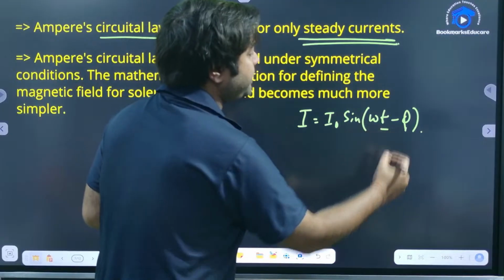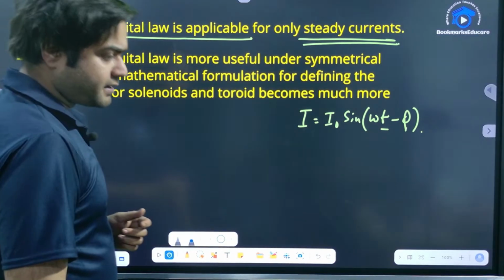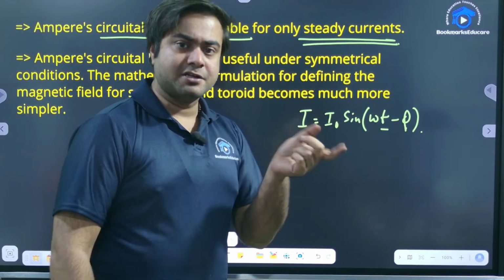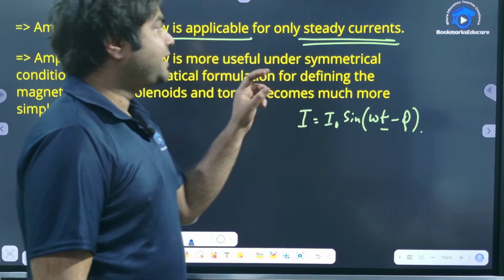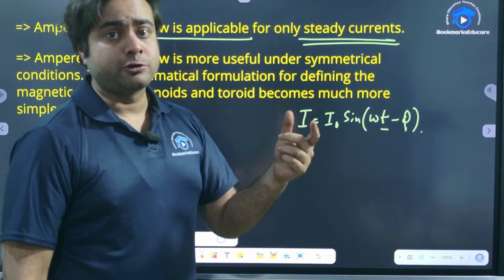If t is the time, there you will observe a time variation in case of the AC currents. टाइम के साथ ये फ्लक्चुएट कर रहा है, ठीक है, ये डायरेक्शन ऑल्टर कर रहा है। तो एसी करंट्स के लिए हम लोग ये नहीं कह सकते कि एम्पियर सर्किटल लॉ वहां पे अप्लाई नहीं होता है,